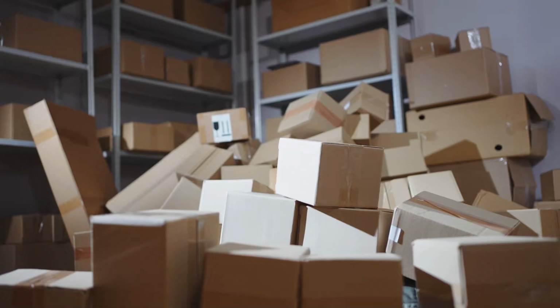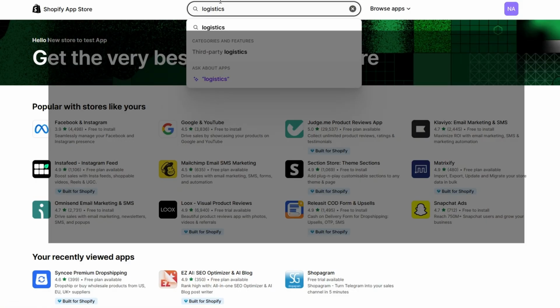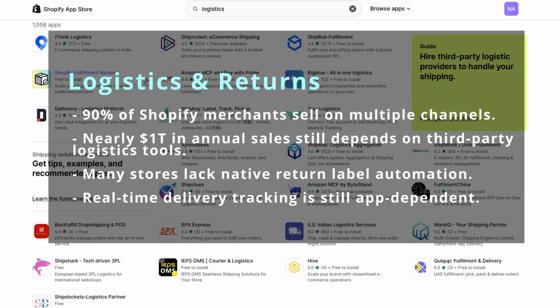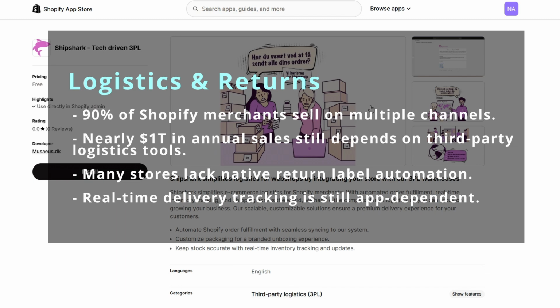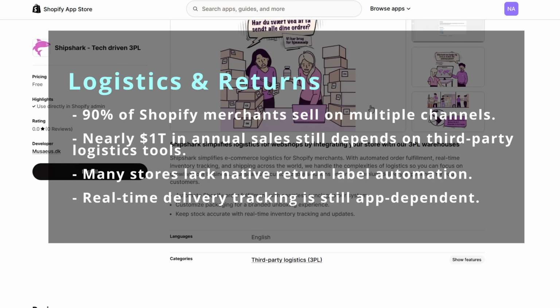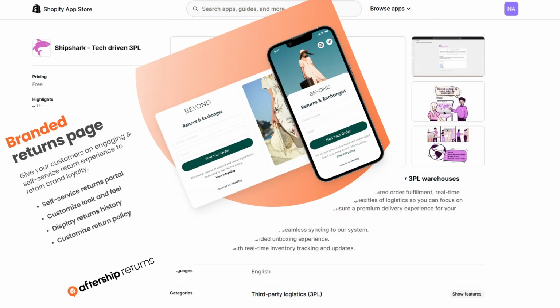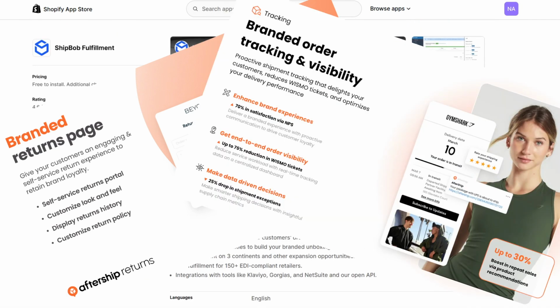1. Logistics, shipping, tracking, returns. Shopify ships products, sure. But fine-tuning? That's where it trips. Need flat-rate shipping per item? Nope. Want automated returns with exchange handling, branded return portals, and fraud checks? Not unless you install an app. Examples: AfterShip, 100+ carrier integrations, from USPS to DHL, Loop Returns, self-service returns, exchanges, upsells during returns, Parcel Panel, real-time